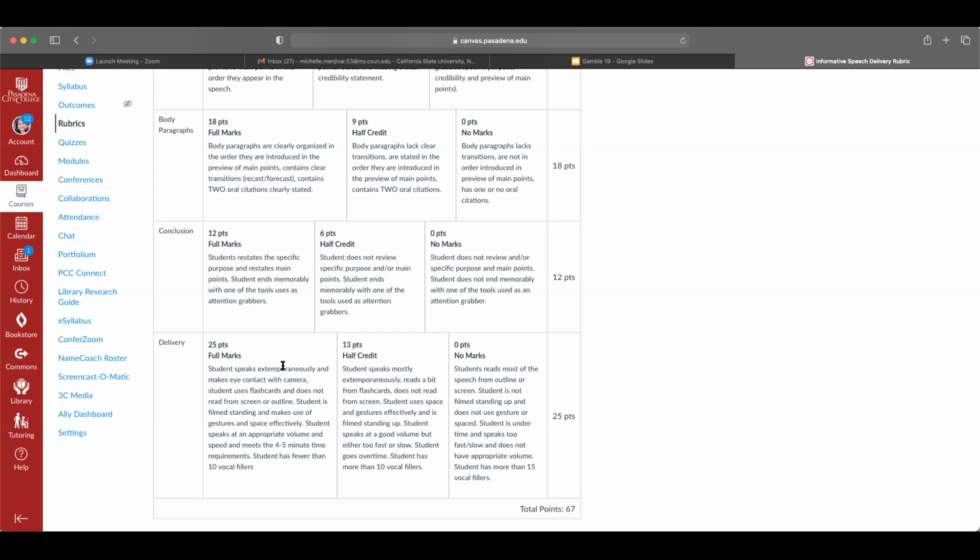Another thing that I want to remind you of is to make sure that your volume is appropriate for the speech. I've had classes in which the student films a speech and it's really, really hard for me to hear it, even if I put the volume up really high on my computer. So make sure that you are speaking at a good volume, that you are able to hear yourself when you watch the video over again. That will make it much easier for me to grade, and I could actually give you the credit that you deserve if I'm able to hear everything. So that's out of 25 points.